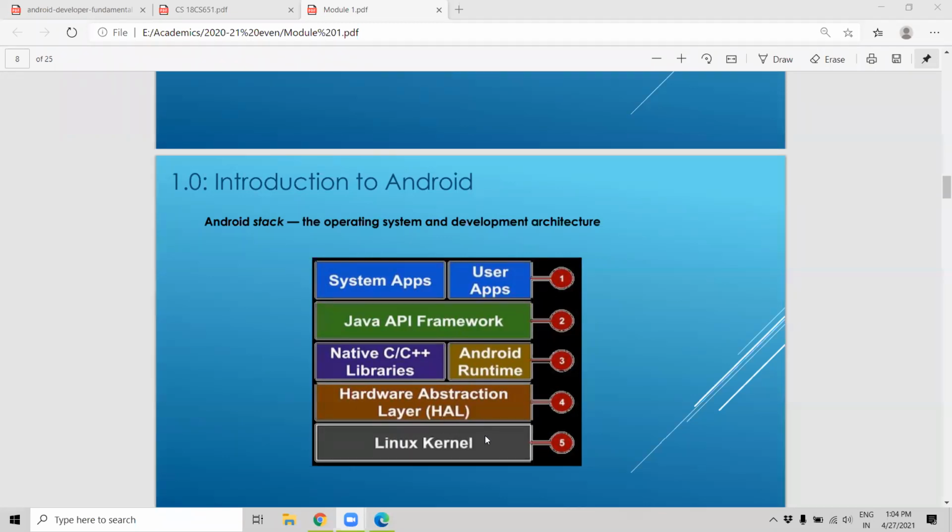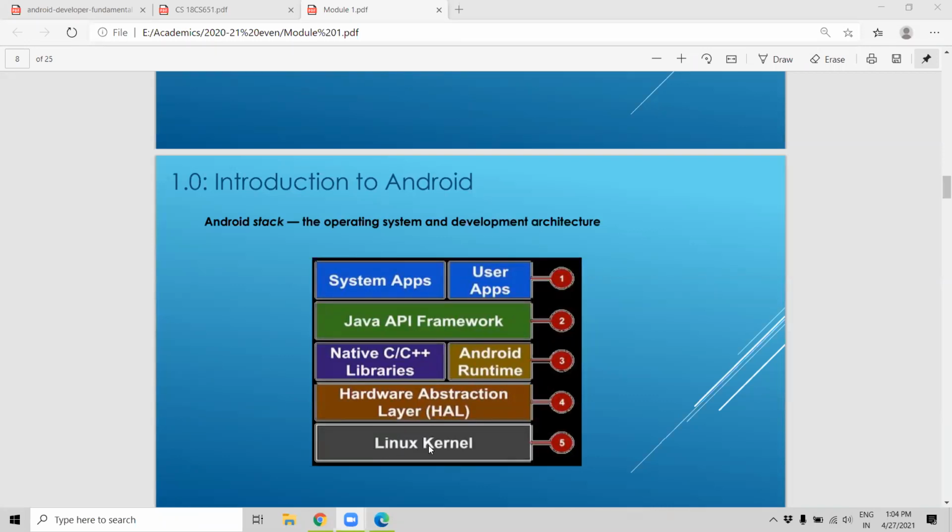The fourth layer is nothing but the hardware in the devices. How to communicate with that software part, that coding is written here. We just send the information to the hardware abstraction layer to switch the camera on or off, the Bluetooth on or off. Everything will be handled by this layer.